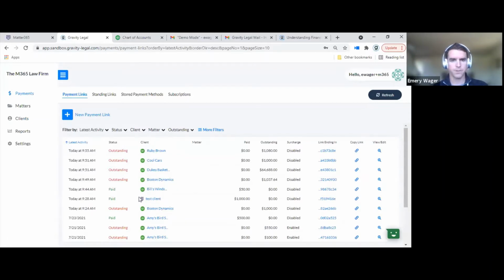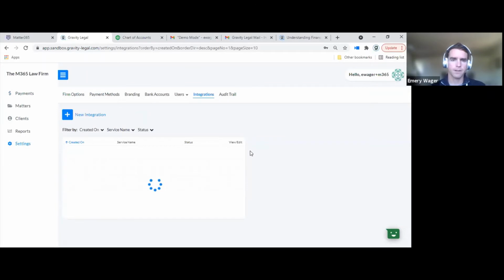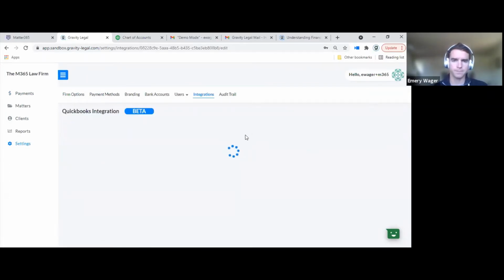However, I do have a few that were created from trust requests originally in Matter365, but they're still associated with a QuickBooks customer. So syncing is kind of step one. The second step is account mapping. So if I go into my integration settings with QuickBooks, click View Edit,